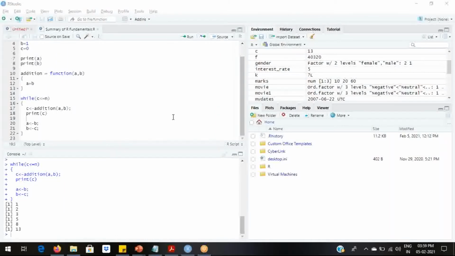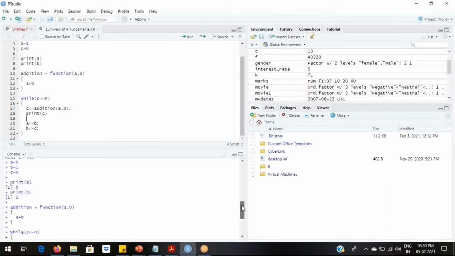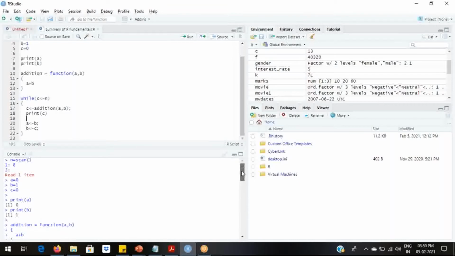So I have executed the program for the value given by Thanos, that is 12, and we are getting the same output. Since 13 is greater than both 8 and 12, we are getting the same output. That is, the while loop gets terminated once the value of C becomes 13.